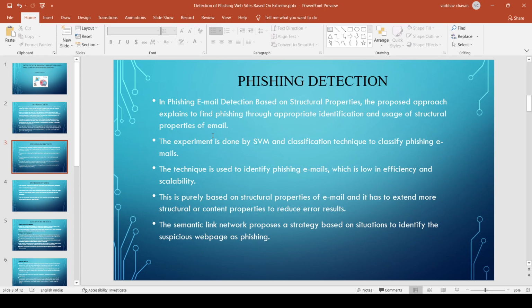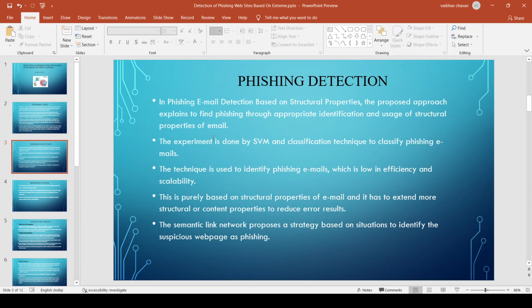Phishing detection. In phishing email detection based on structure, the proposed approach explains how to find phishing through appropriate identification and the use of structural properties of the email.